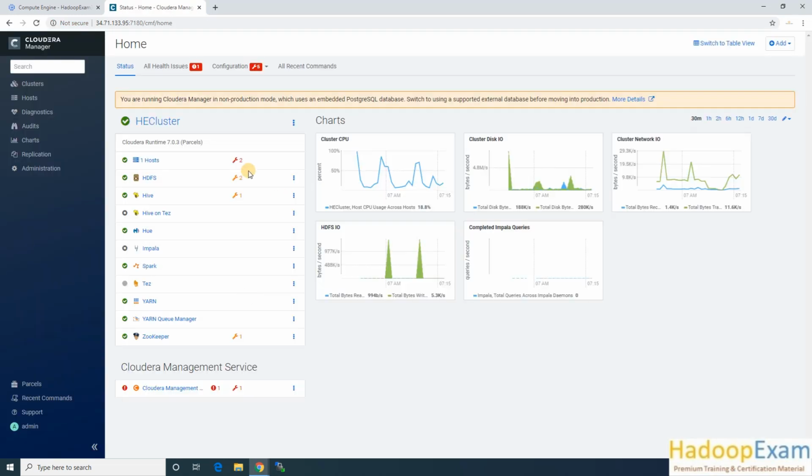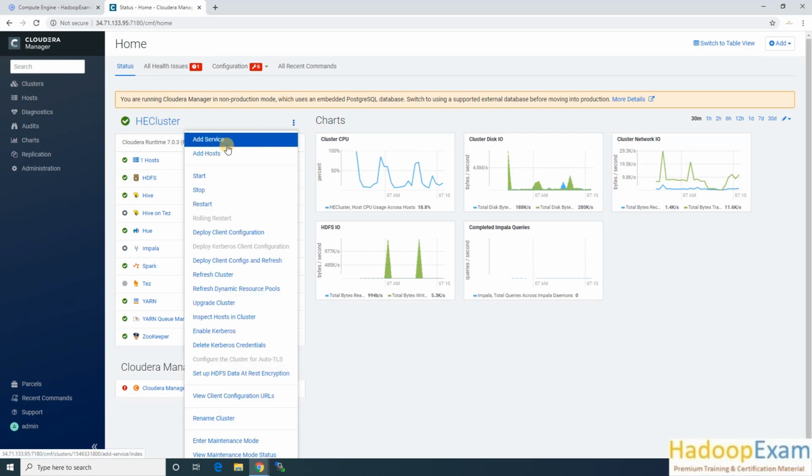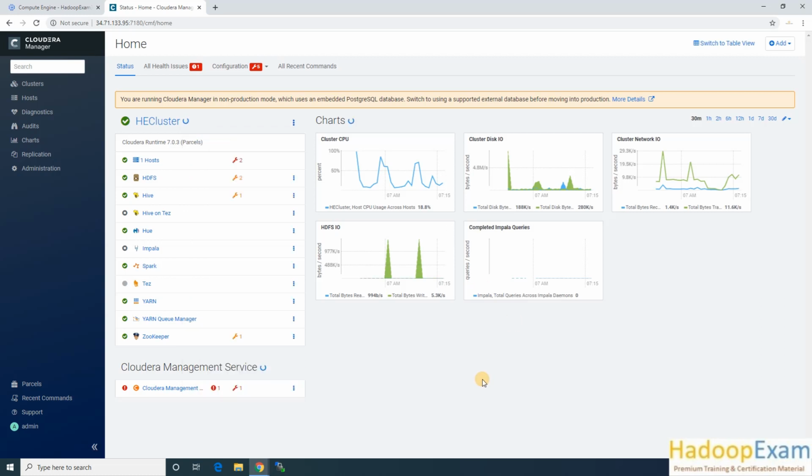Okay, and we can see the environment is ready for our CCA 175 certification exam preparation, and if we need any other services, we can install them by using Add Service here. But I would highly recommend you install only the services which you need, otherwise your environment would not be able to handle all the things which you need, correct? So we currently have 15 GB RAM on this host, so that is fine. Okay, so now I'm stopping, and we'll do the hands-on exercises later on for the CCA 175 certification simulator.